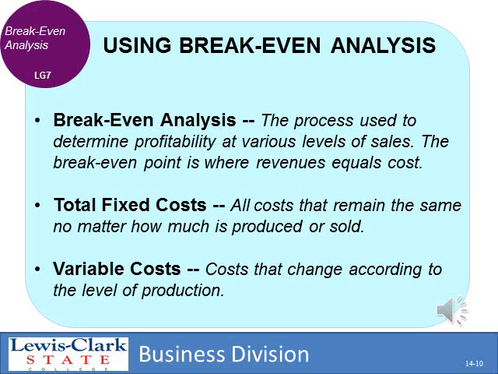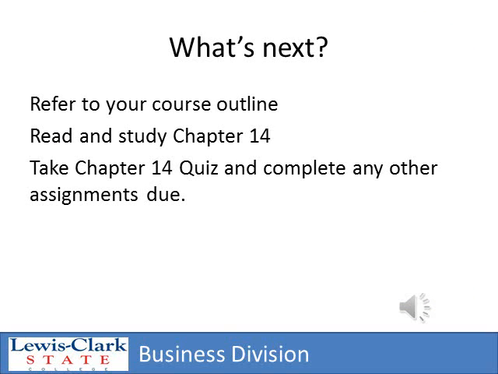And there's variable costs, and variable costs change according to the level of production. So obviously, the inventory that you purchase to make your product would be a variable cost. Utilities, if it takes electricity or other utilities to make your product, would also be considered a variable cost, as would production labor. Well, there's a brief introduction to what this chapter is going to cover,